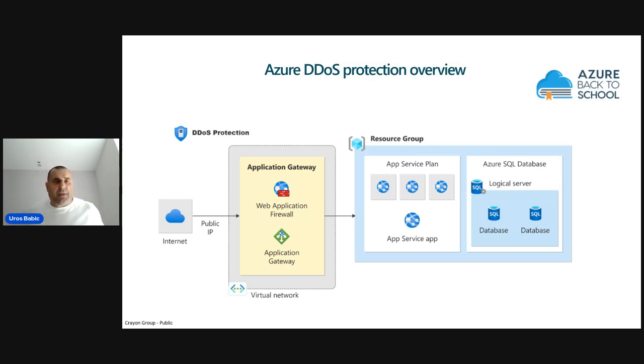You have an internet public IP address, and between resources, the resource group and your Azure SQL database, you have, of course, an application gateway with a web application firewall. In the virtual network, I previously created a DDoS protection plan, and of course we must define the strategy for this plan in order to mitigate,